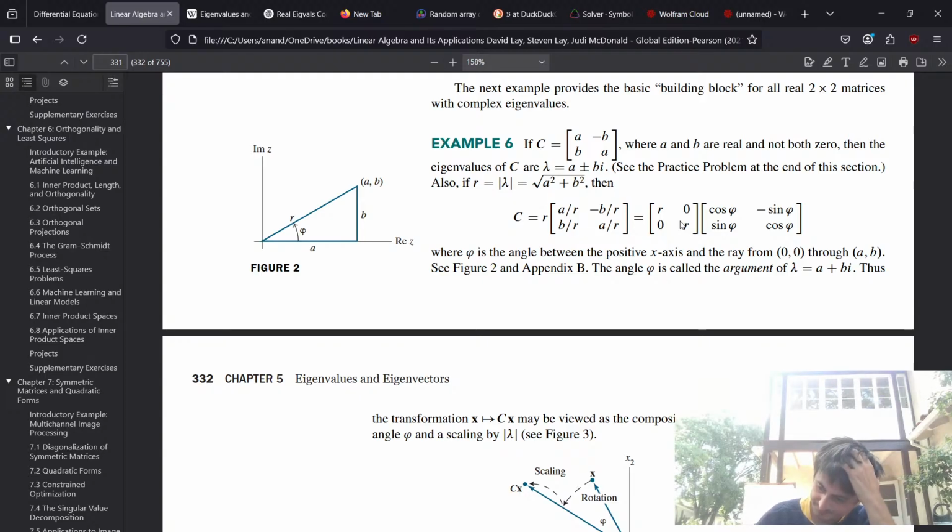Okay, so square root of 1 squared plus root 3 squared is equal to 2, is equal to R. So then we have the identity matrix times 2, which is 2, 0, 0, 2 times, and then the rotation itself is going to be,